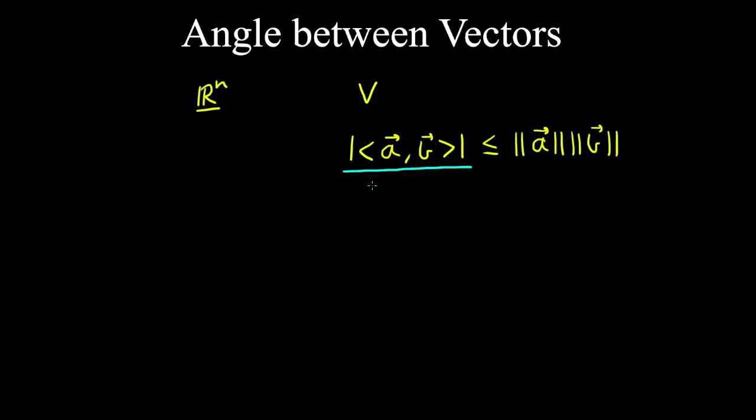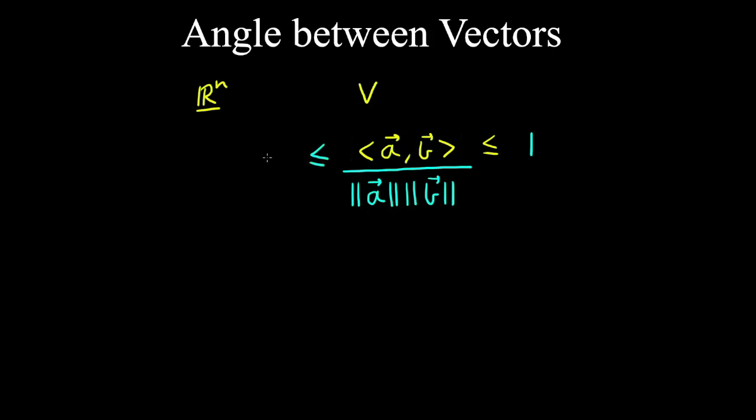And if we divide through by the product of the norms of vector A and B, we get 1 on the right hand side, and we don't change the inequality. And then removing the absolute value, we get an additional inequality. Now there is a unique angle theta such that the cosine of theta is equal to the inner product between vectors A and B on the product of their norms